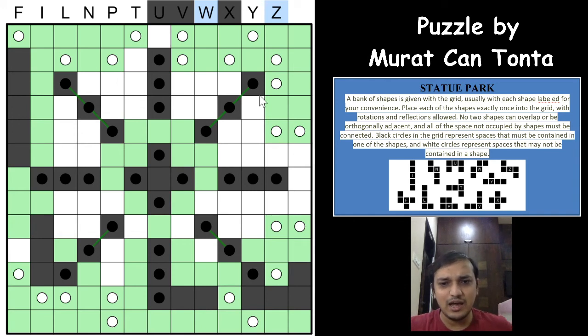Can you have this cell as a white cell? Is it possible? No, because what happens is, now this pentomino will have only one shape to go and will be stranded. This white cell will be stranded, right? Which means that this has to be a pentomino cell, right? And this will be a white cell now.